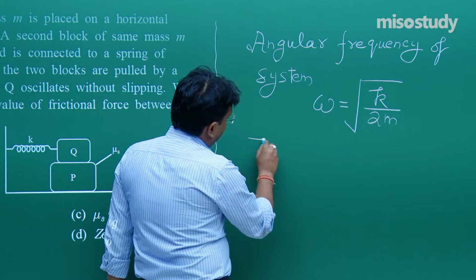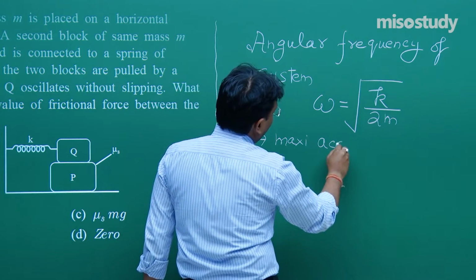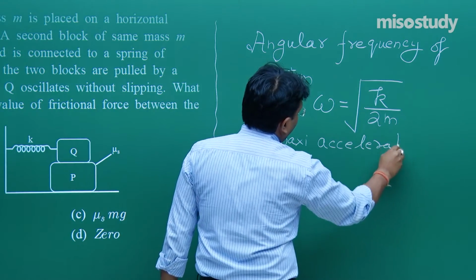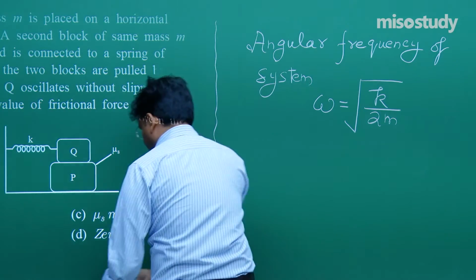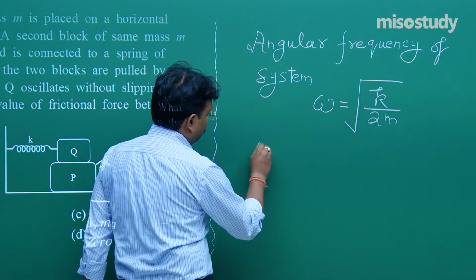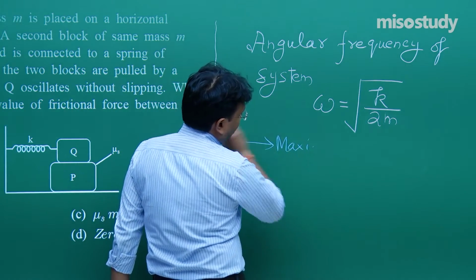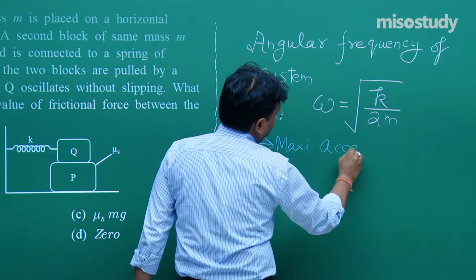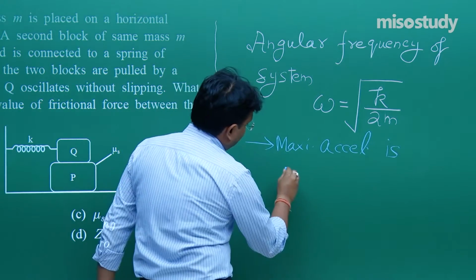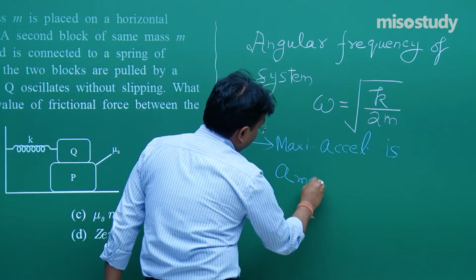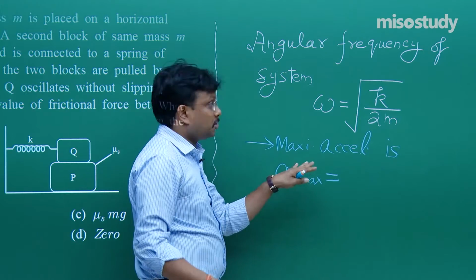Now maximum acceleration. I think I should do one thing, let's use a different color of chalk, that way it is going to be easier for you to understand. Now maximum acceleration is given as A max is equal to, obviously we are talking in terms of maximum acceleration of the system